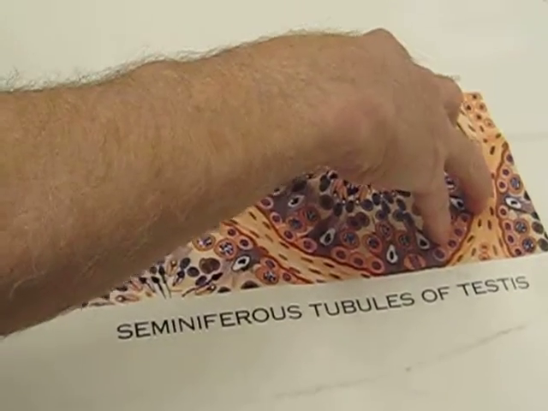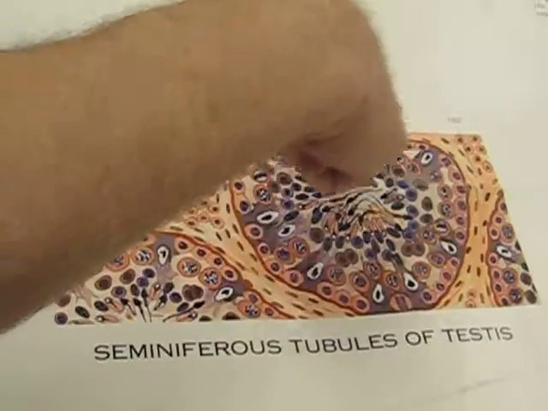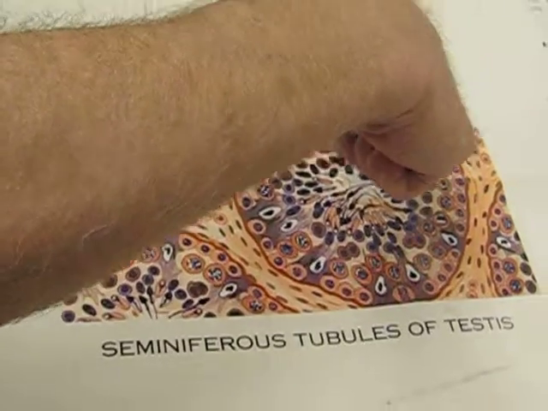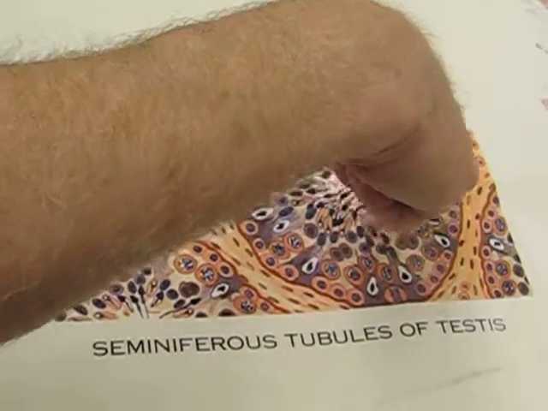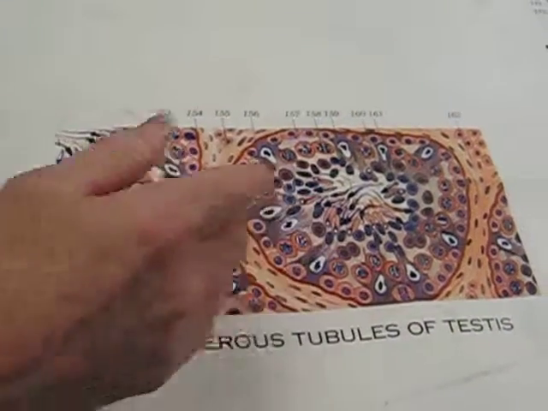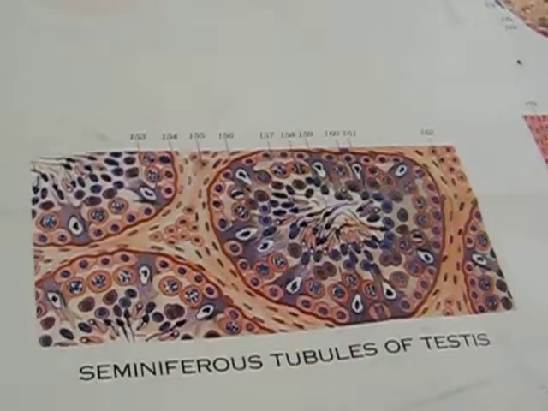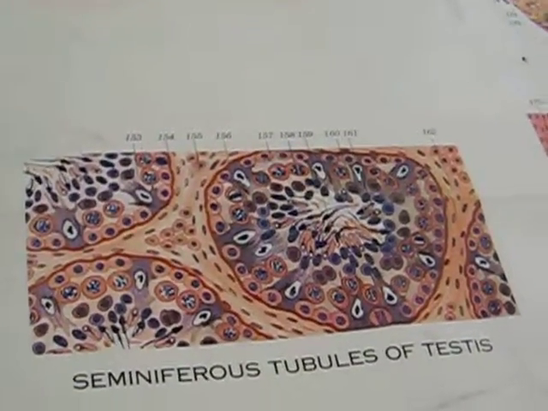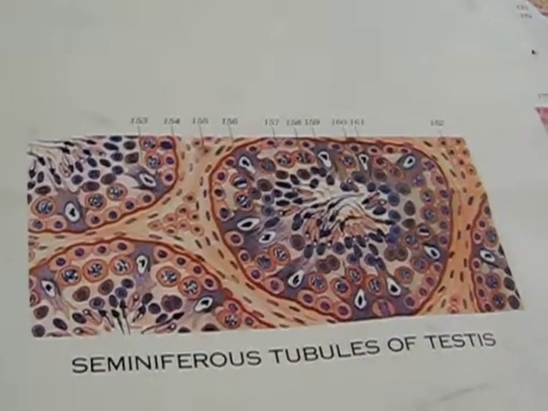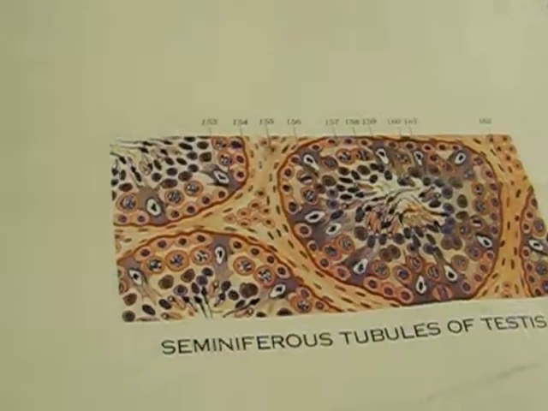In the seminiferous tubule wall, I have my stages of spermatogenesis: spermatogonia, primary spermatocytes, secondary spermatocytes, spermatids, sperm. Sustentacular cells or Sertoli cells produce nutrients and other secretions that assist the developing sperm. That's it. Okay. So the final